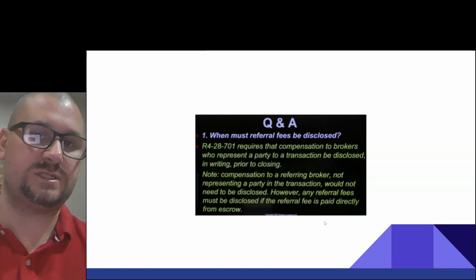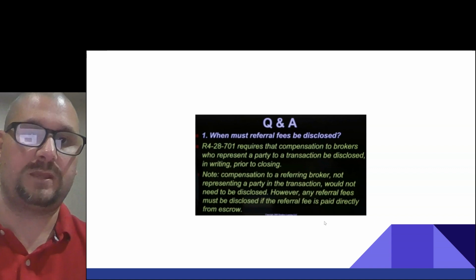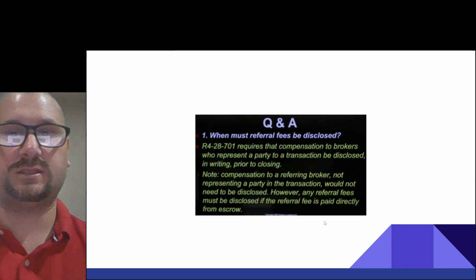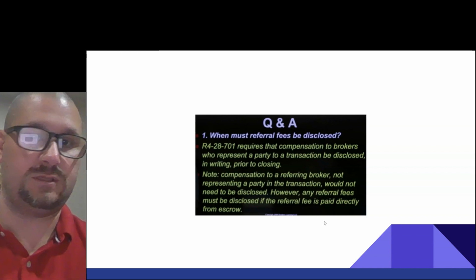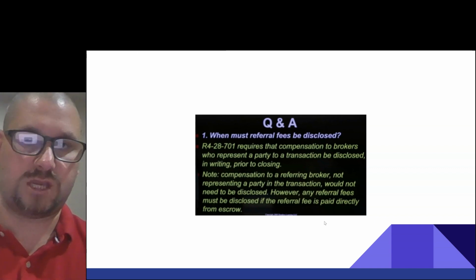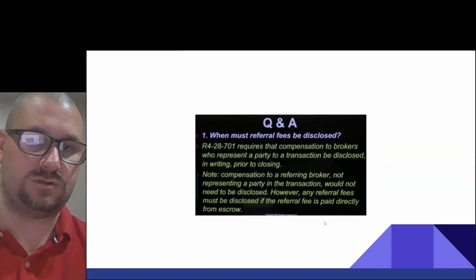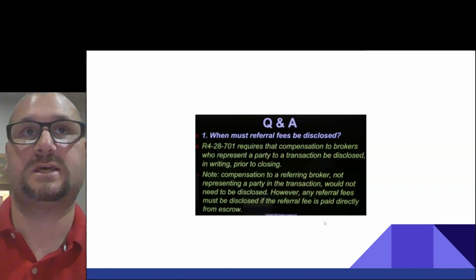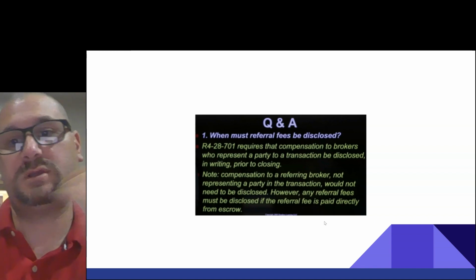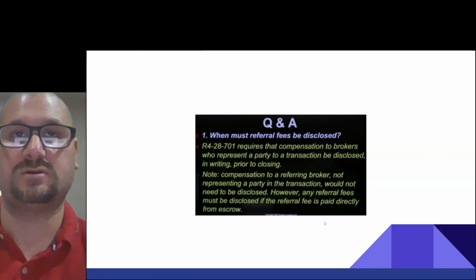The compensation to a referring broker not representing a party in the transaction would not need to be disclosed. However, any referral fees must be disclosed if the referral fee is paid directly from escrow. So here the caveat is that if you're being paid from escrow, you have to disclose that referral fee.